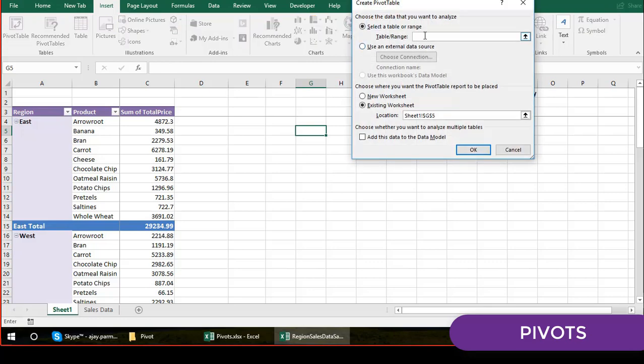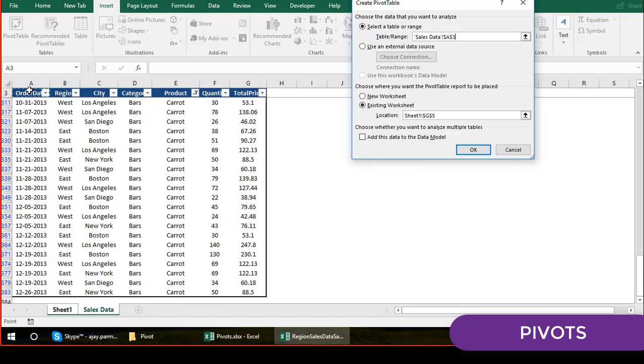Now obviously there will be no data, you have to tell the data. So you go to the sales sheet, and then you select the data. Now the data is selected. You can see the sheet name is also coming.